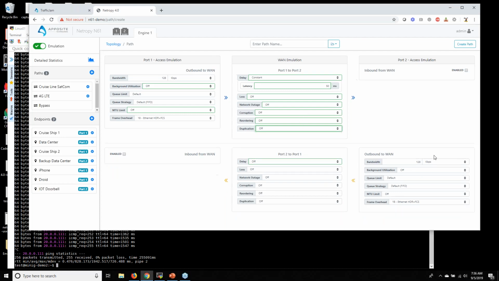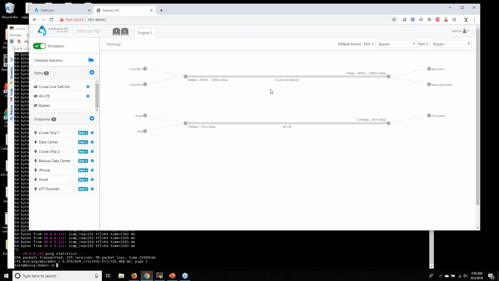And of course, everything I just showed you can be done on the return path as well. So we're very granular. We can create environments where your downloads have a different network than your upload does. So very helpful when testing SD-WAN or other WAN environments as well. So that's a quick tour.